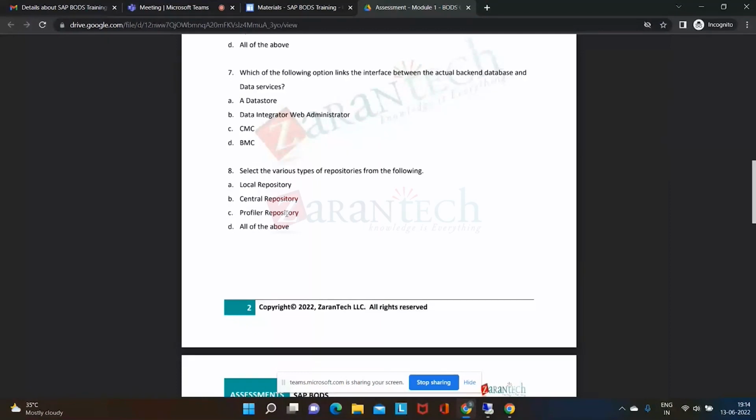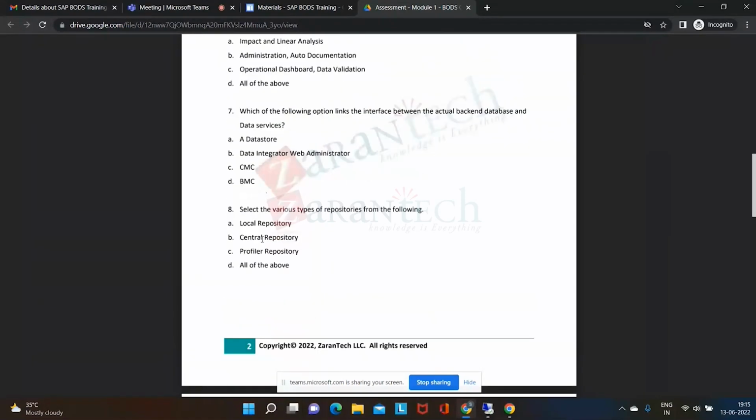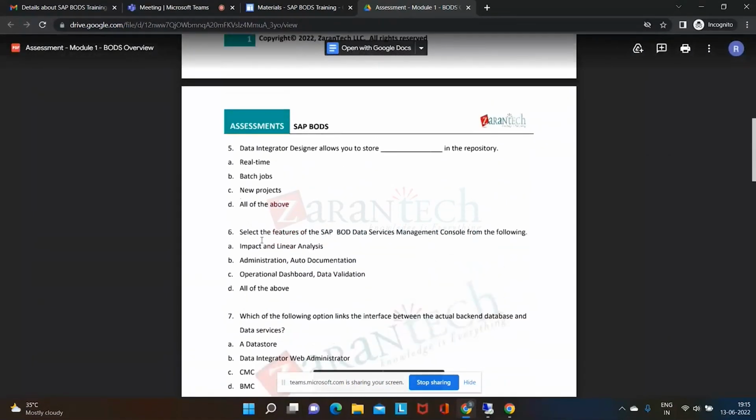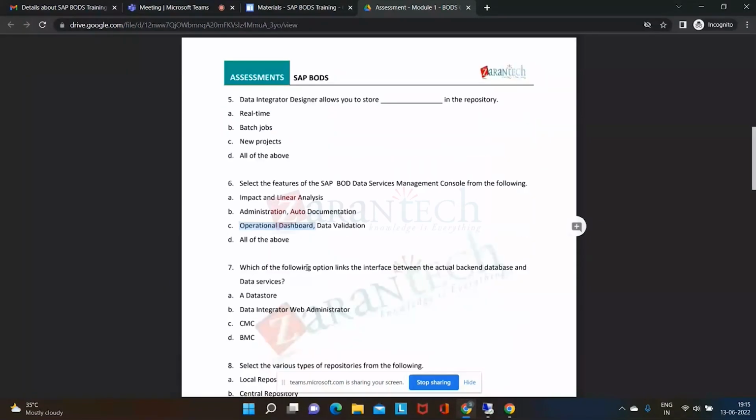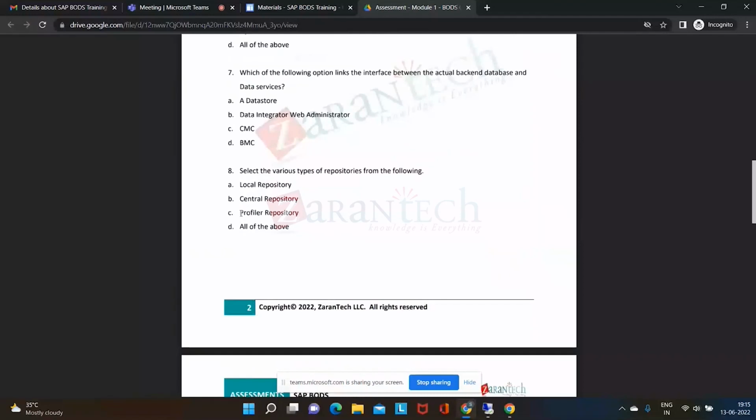Statistical information like, it will visualize the job status in the management console. One option is there, right? The operational dashboard. So to visualize that operational dashboard, this profiler repository plays an important role. For that purpose only, this profiler repository is there for us. Okay, so